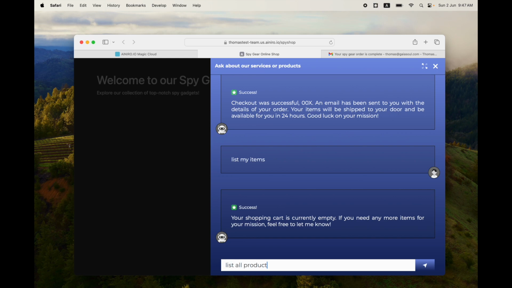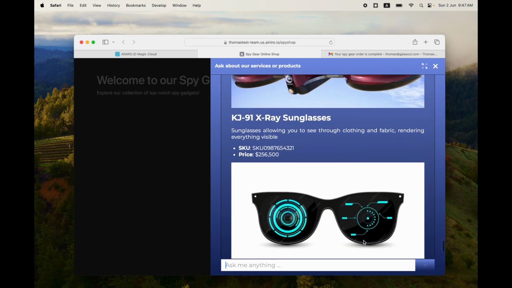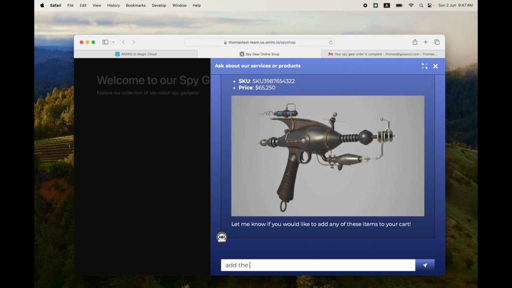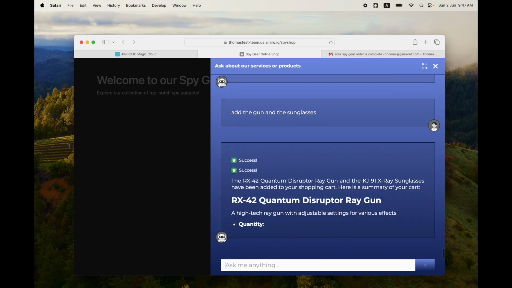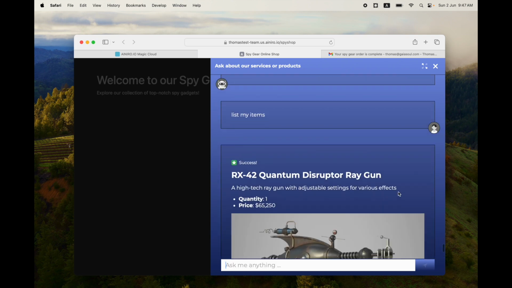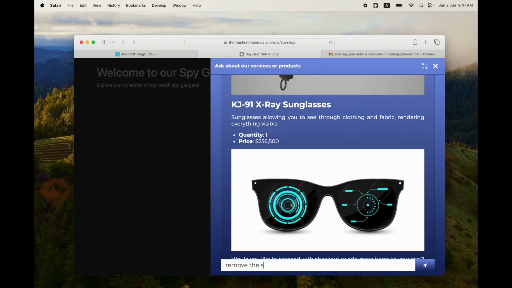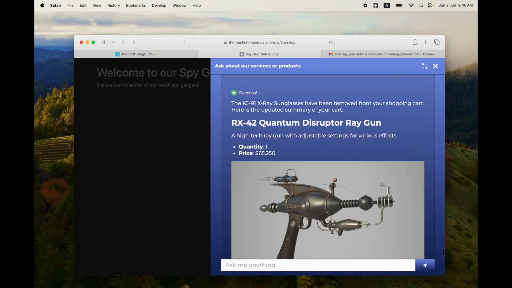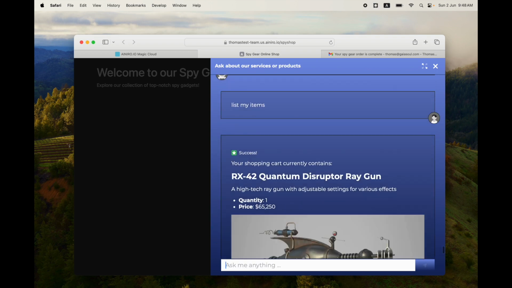Okay, list all products. Now let's see what products it has again. So you can see flying car, X-ray sunglasses, submarine, disruptor ray gun, the gun and the sunglasses. So now I got 2 items in my cart, right? So if I write list my items, it will show 2 items, of course. Ray gun and sunglasses. Let's say I redecide I don't want the sunglasses. Okay, remove the sunglasses. Right, at which point it's going to remove the sunglasses from my shopping cart. If I now do list my items, right, and I do checkout now, it will actually only buy the disruptor